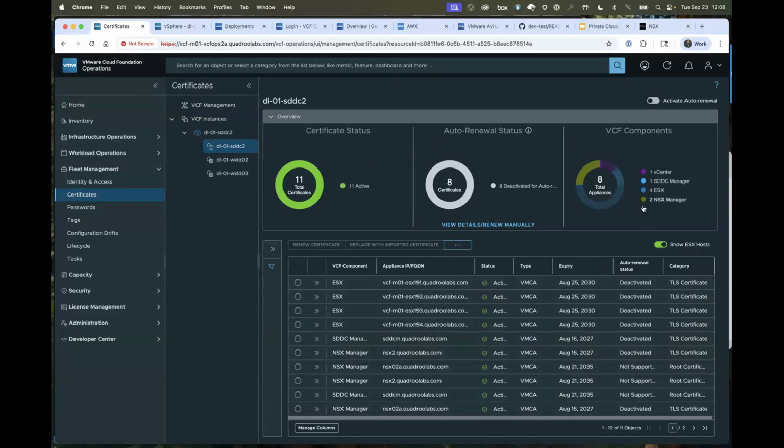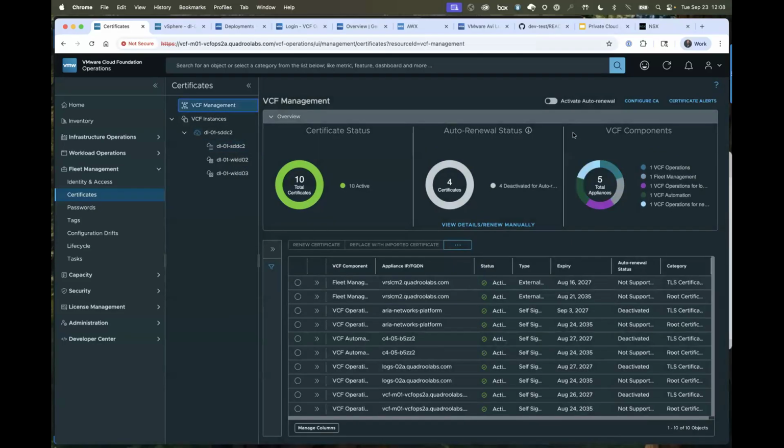So this is a great visualization of your certificate expiry dates. There's a quick visual above this panel. Obviously, you can see the certificate status and different components here. But this is a great way to monitor and manage your certificates from the Ops console. We can even enable auto renewal here. And that is something that is designed to, again, simplify the management and monitoring of your environment, whether you're using a Microsoft CA, OpenSSL, that type of thing. We can get that configured here and then activate the auto renewal functionality so that your certificates are easier to manage.